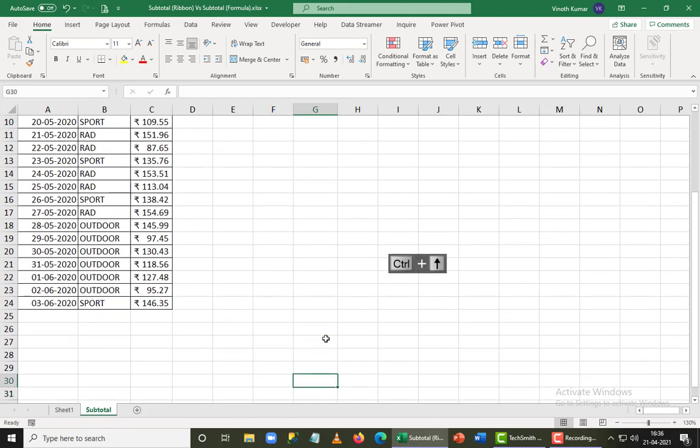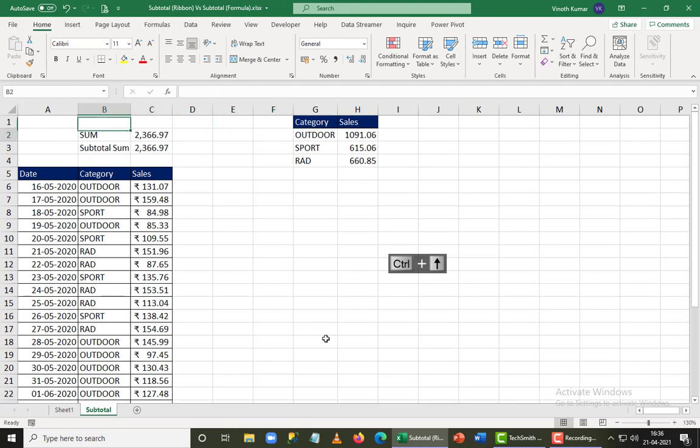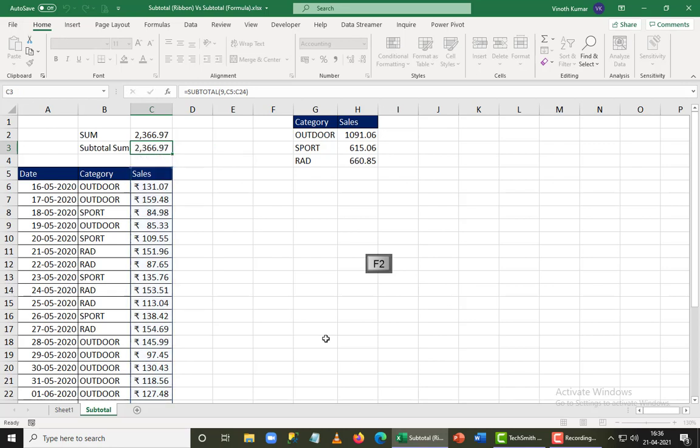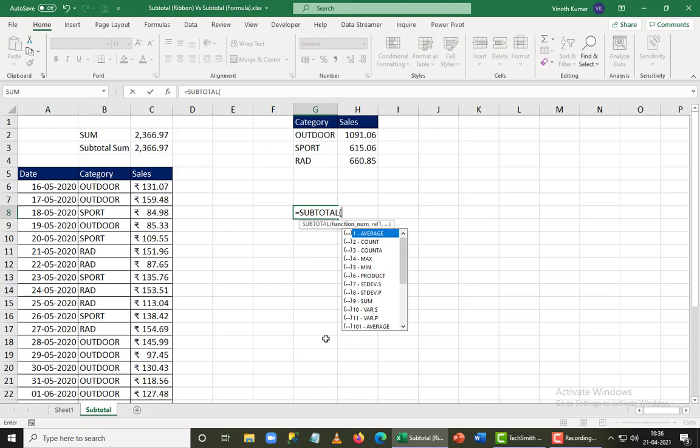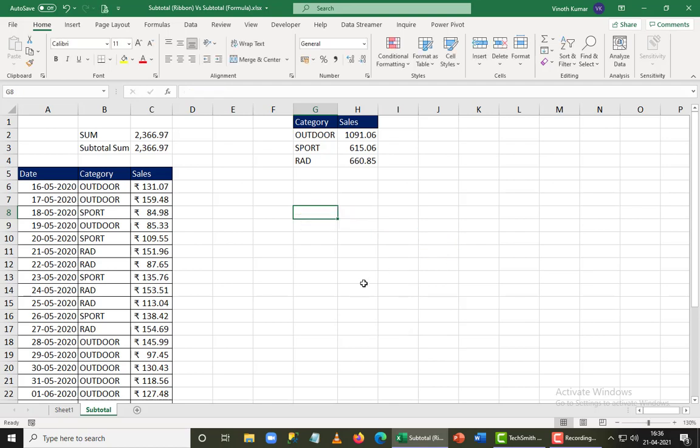So this is how I use a SUBTOTAL function. But inside the SUBTOTAL function, we have a lot of functions. In simple terms, I have 11 functionalities available in SUBTOTAL. I can give you a small screenshot of what the SUBTOTAL formula can give us. It starts with average, count, counta, max, min, product, standard deviation sample, standard deviation population, sum, variance sample, and variance population. And these 11 functions are repeated with a few more numbers below. But normally a SUBTOTAL function allows us to do 11 different functionalities.